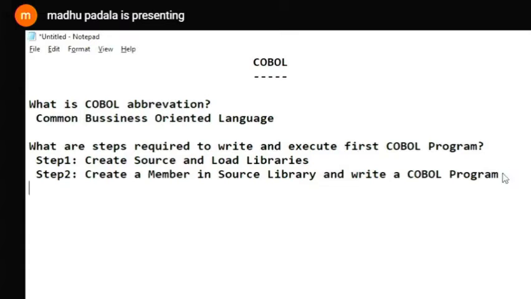Step 3: after writing the COBOL program, we need to compile it to make it an executable. So for that, we should compile the COBOL program.